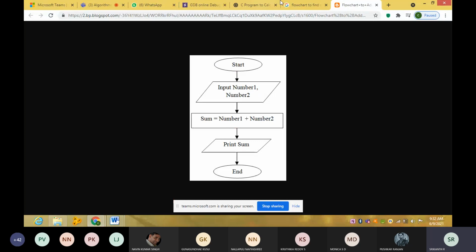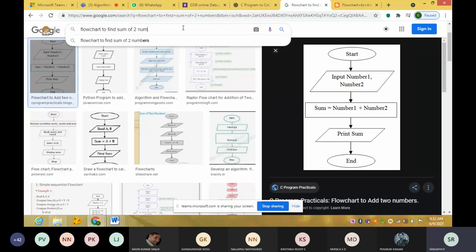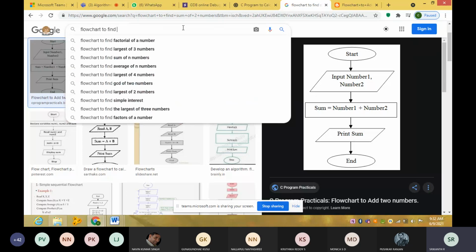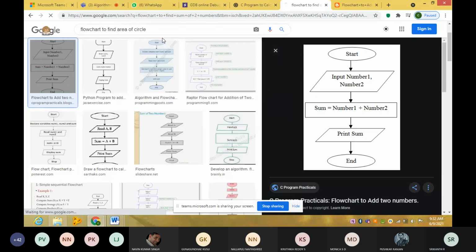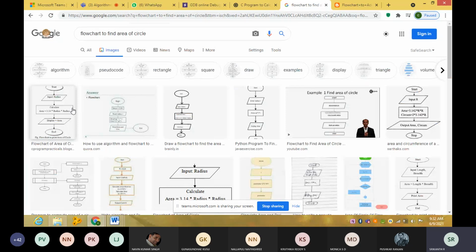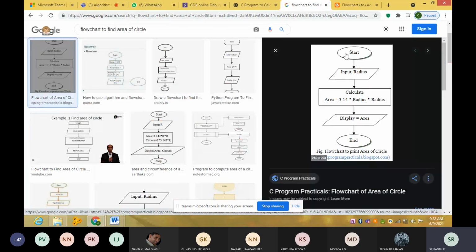Next, flowchart to find area of circle. See here, start and end we have used oval. Input and display. Display is also output only.